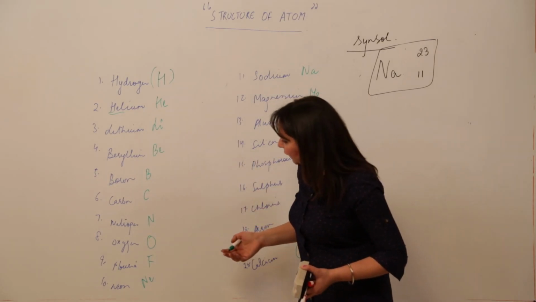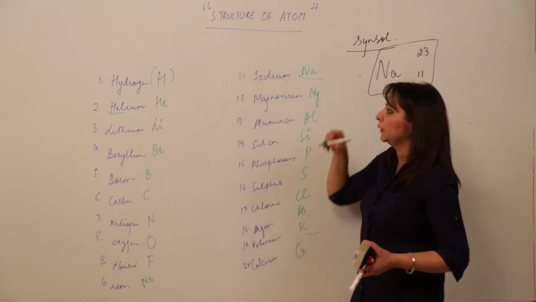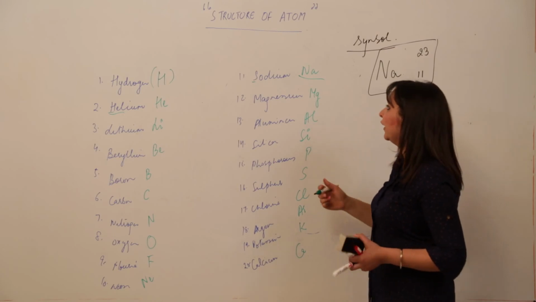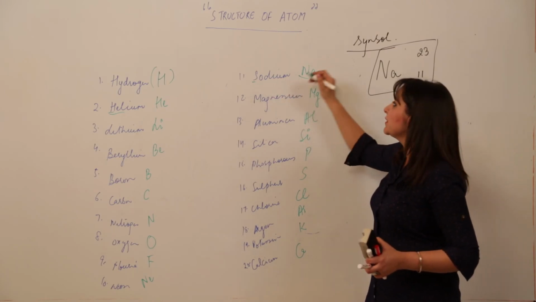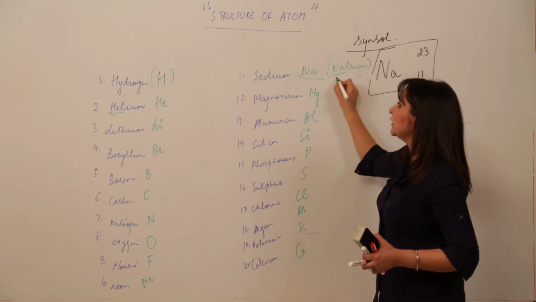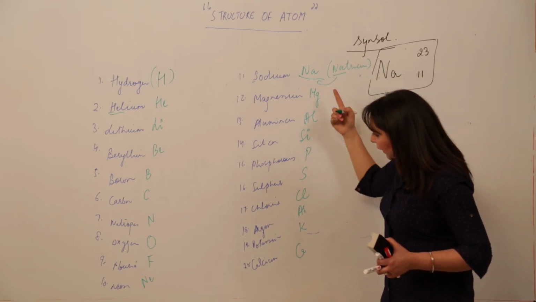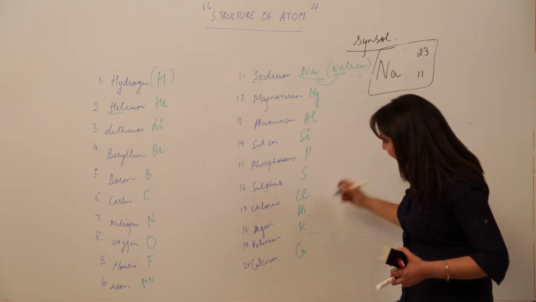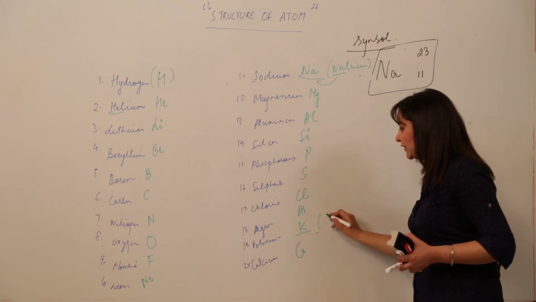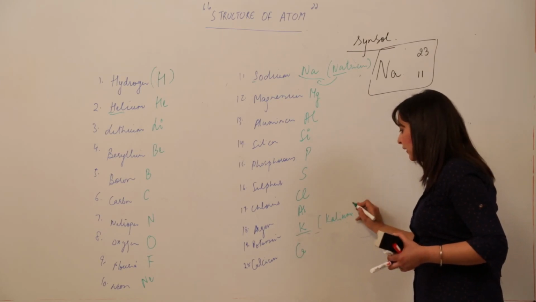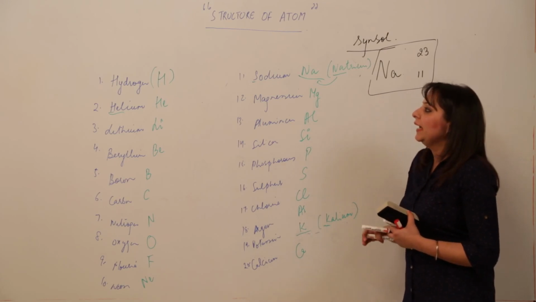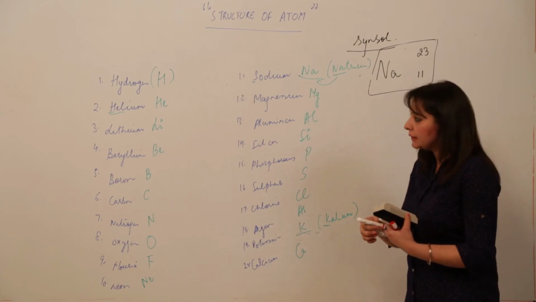For example, let's take sodium. It is S and O, but Na doesn't come from anywhere. So you should know that its symbol is derived from its Latin name natrium. So these two letters are taken from this. Similarly, any more example you can see? Yes, it is potassium. See, the K is nowhere. So it is taken from its Latin name kalium. K comes from this. So this is how you get to write the atomic numbers with the symbol.